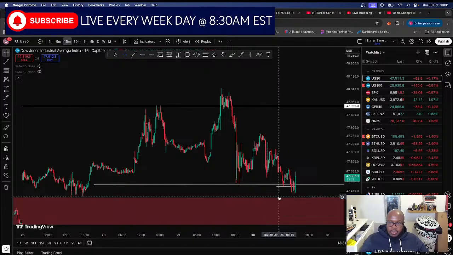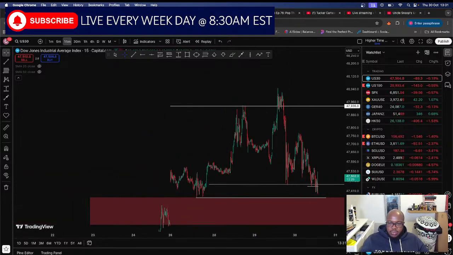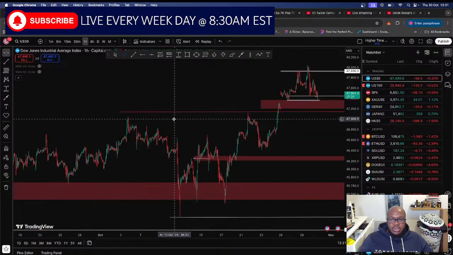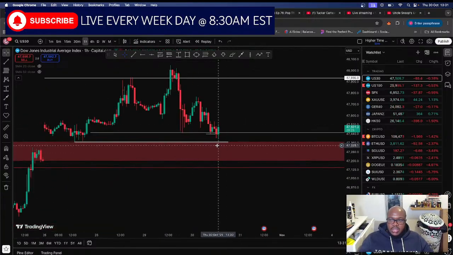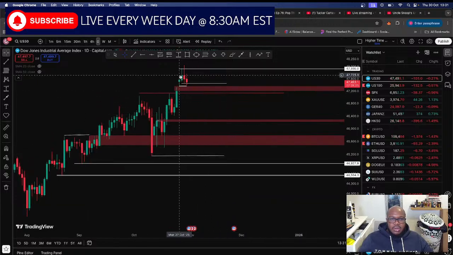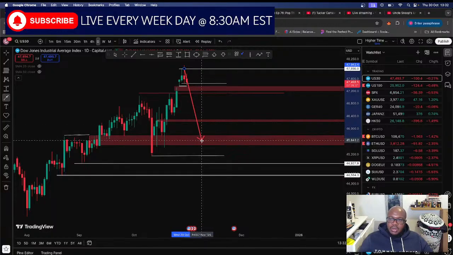When we do come back and target this level, we're going to have to watch what happens over the next 30 minutes, because, as I said already, we want to see price come down into this gap, fill the gap, and then begin a rally. And if we don't get that sort of price action where we fill the gap and then rally higher, there's a chance that we just continue to decline, and that would mean this would be the beginning of our downward trend, and this trend would be the beginning of a somewhat